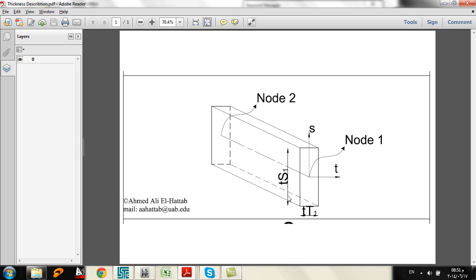So the first length here is TS1, and the second length here, the vertical length, will be TS2, which is the thickness in the S direction at node 1 and node 2. Also here it will be TT1, the thickness of the beam in the T direction at the first node, and this will be TT2, the thickness of the